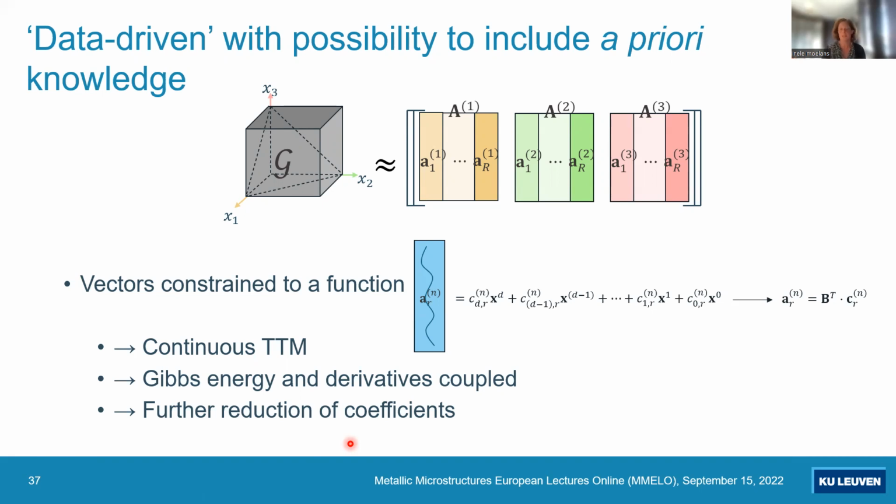And that's also what we did. So I didn't want to go into detail, but actually in all these factor vectors, we did not assume that these were just numbers, but we assumed that all these numbers were actually the evaluation of a certain function. So actually we did not have points here, we had functions. And because we have functions, we can take a derivative of this function. And that made it so that we could combine Gibbs energies and the chemical potentials all within one tensor model. So we developed one tensor model